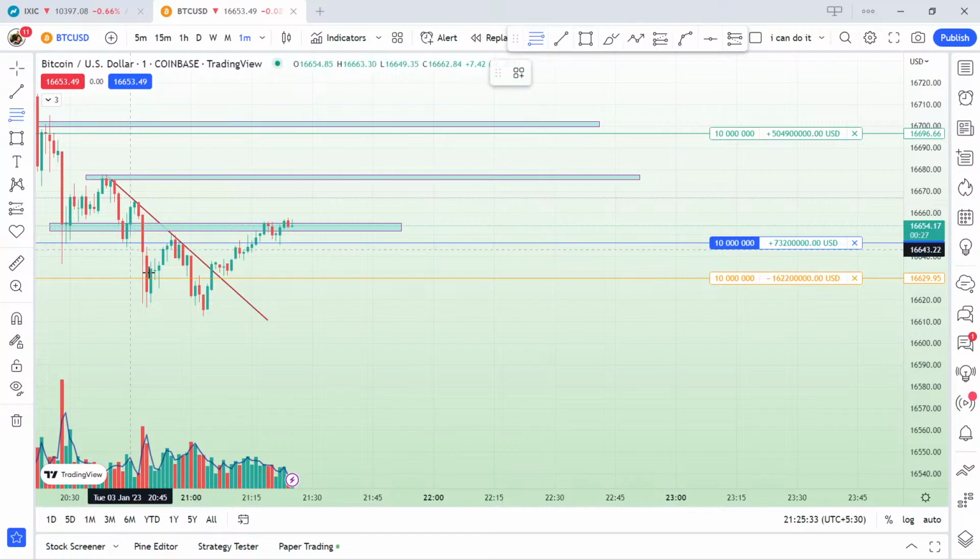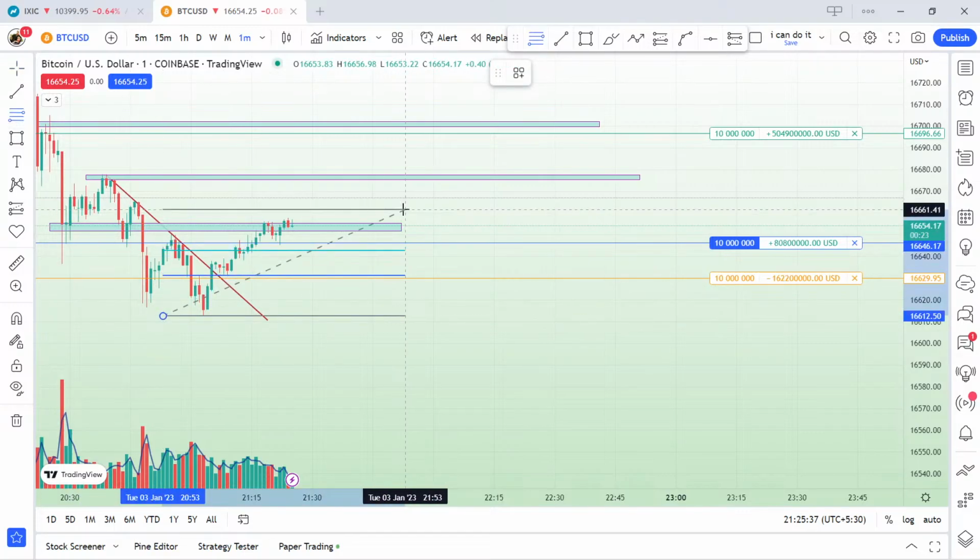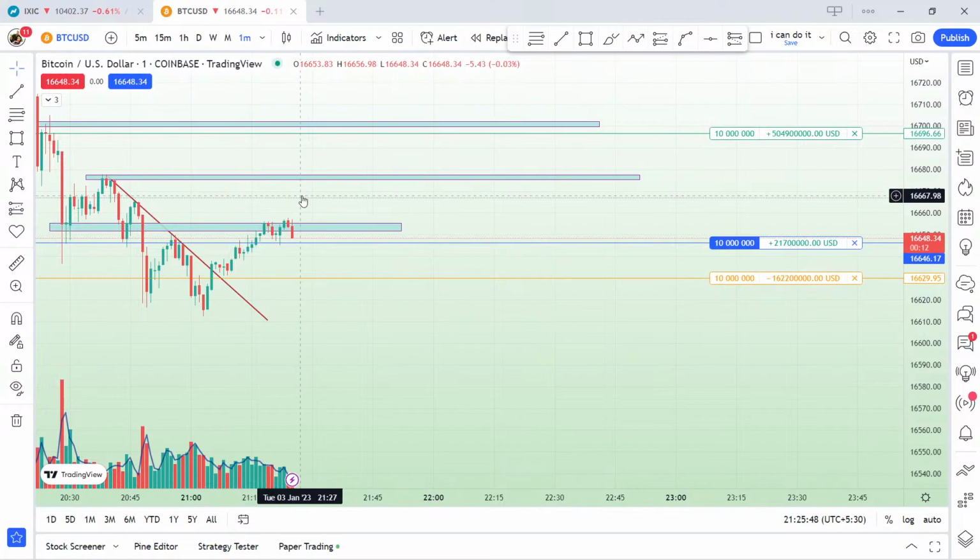Shall I just mark the area, right? Just around here. Okay, once it crosses